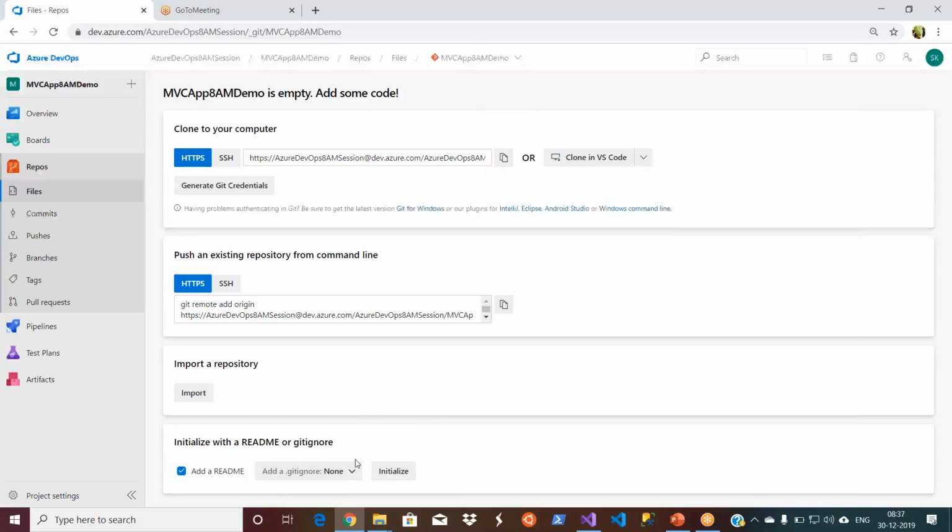Okay, let's not use gitignore now, but if you want to see, it supports many languages. I don't think you have even heard of these languages. It supports many things, you name it. Even I don't know all of them, not even 10%. You see, Visual Studio. Okay, let's not add it now.